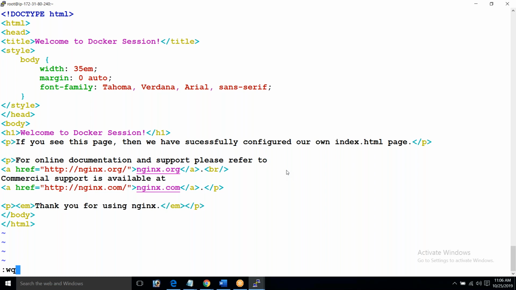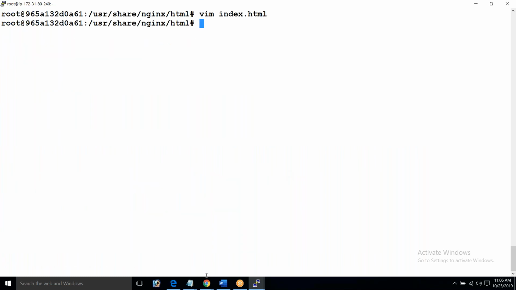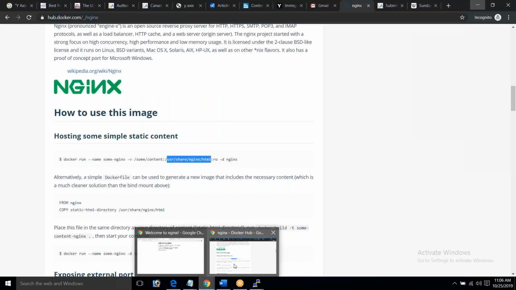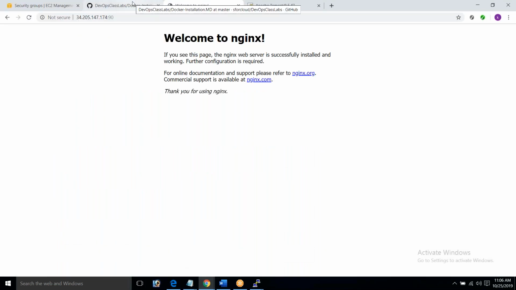Okay, this should be fine. Every point? Welcome to Docker session. If you see this page, we have successfully configured index.html.